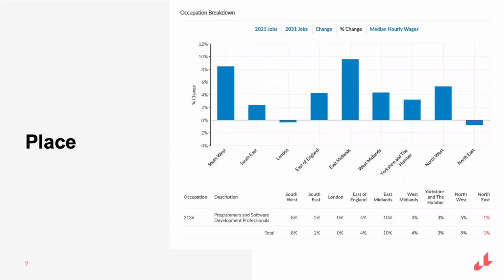Again, we can look at these figures through a growth lens, and the picture is very different. London is actually on a downwards trend, joined only by the northeast, which had a low prevalence of these jobs anyway. The East Midlands and Southwest are seeing significant growth, on the other hand.